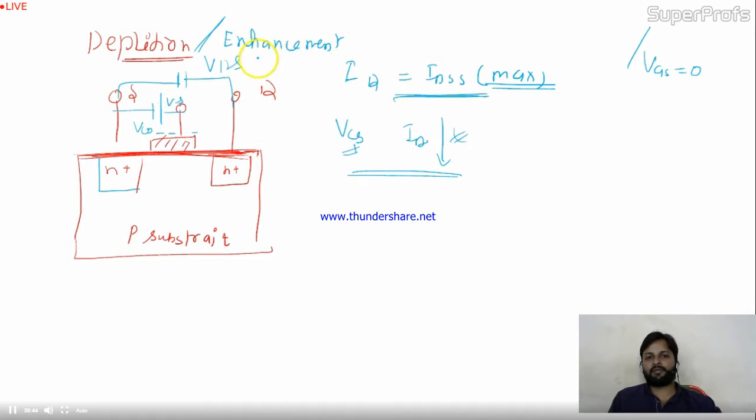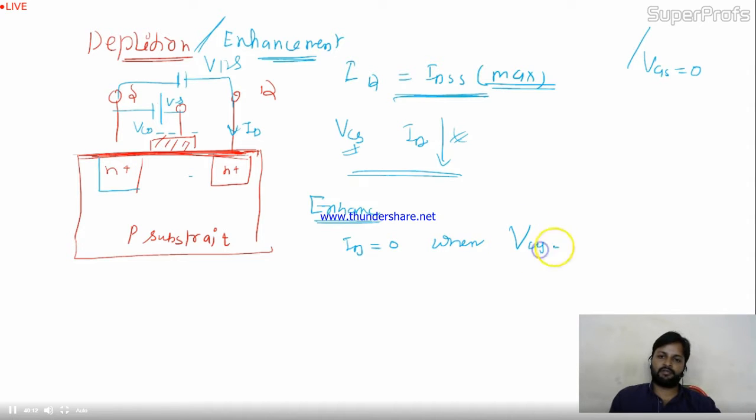In the enhancement mode, when VGS equals 0, there is no channel, so there will be no current in the circuit. If you want current to flow, you need some channel or electrons over here, but you don't have the electrons. So in the enhancement mode, ID equals 0 when VGS equals 0. So we have to apply some VGS, and this VGS should be greater than the threshold